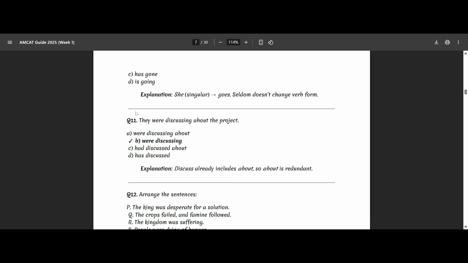They were discussing about the project. Now, which of these must be correct? Because they were discussing the project. Because about is redundant here. Okay, you don't need the word about here. Just exclude it. It's like saying